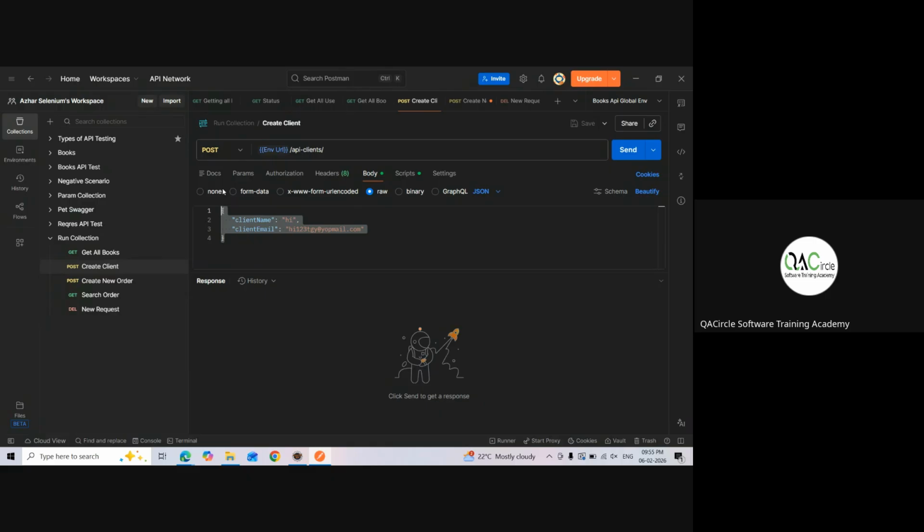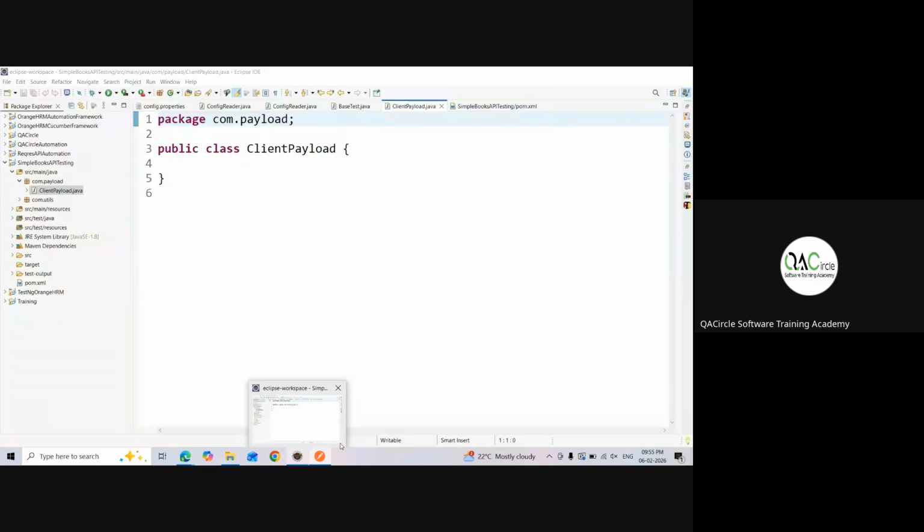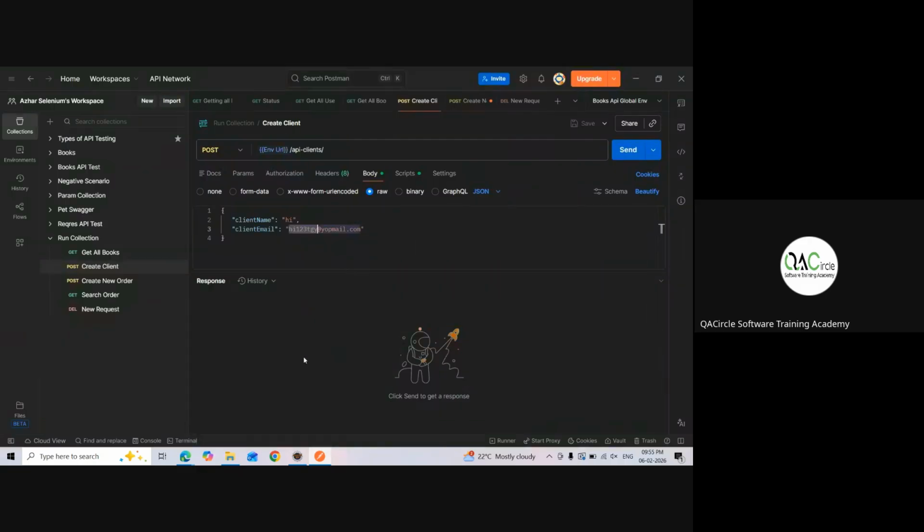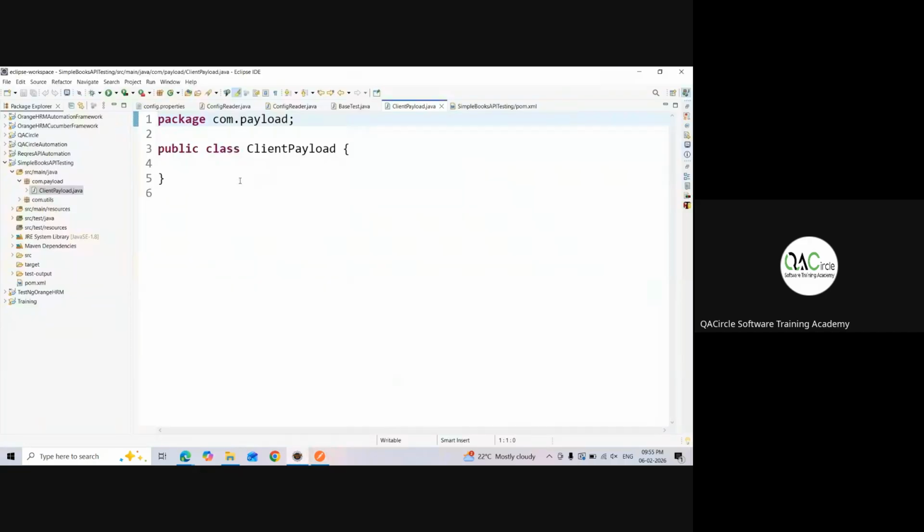Okay. Very simple. Now, always remember this client always has to be unique from yopmail.com. Okay. First, I'll do what? I'll write one. Okay. Where is the client payload? If you have any doubts, ask, guys. Don't worry about that. Okay. So first, I'll write one simple method: public static